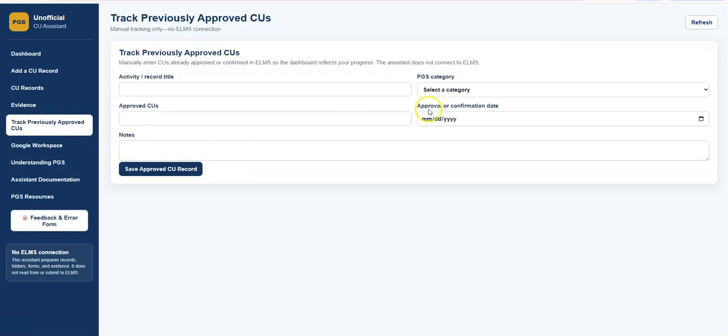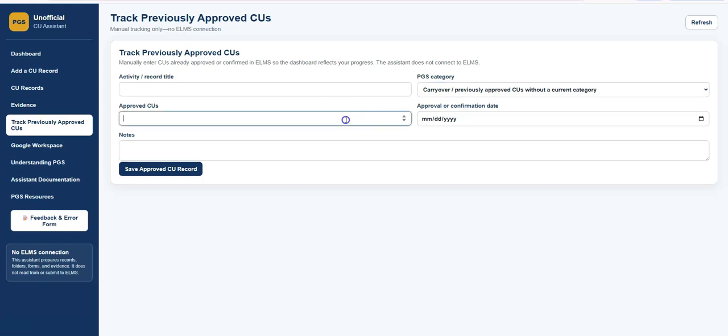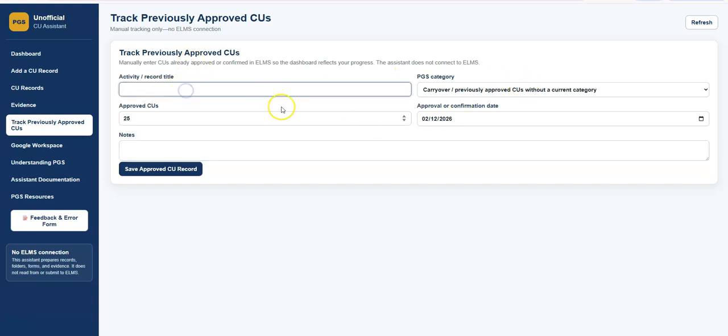Again, you can go here and say, hey, I've got some carryover time. This is all things that you're just using to track and keep you organized. Not official, just something that helps you. For me, I felt like I really needed that to keep me grounded. So if you go on ELMS and let's say you got some rollover, I saw I have some rollover hours from the last submission. I might go in there and just say, rollover,